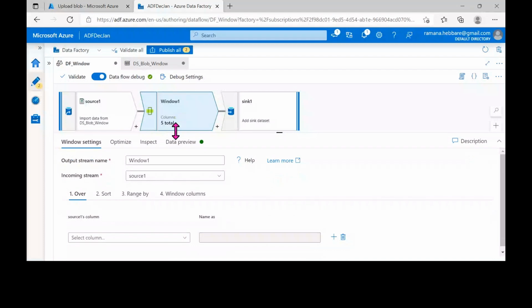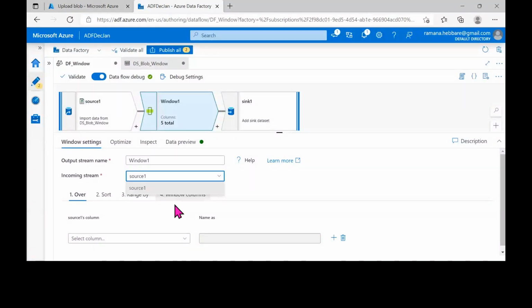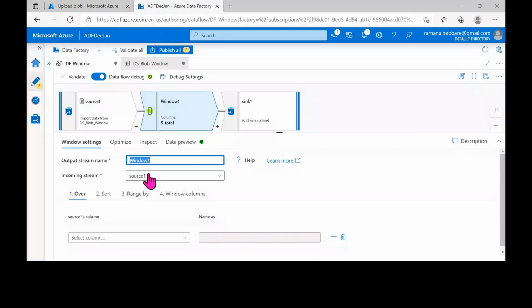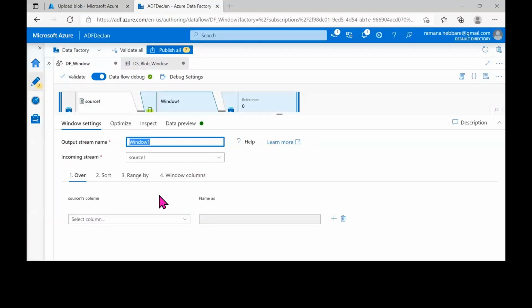So here what do I have? Window stream. If you want, you can rename it, and this is your incoming stream. There is only one incoming stream, so that is why it is source one. If you want, you can also rename it. Then you have a few options here. What are the different options available here? We have something called over column. On which column do you want to apply this window transformation? Coming to this particular file, I want to perform this window transformation on a column which is my